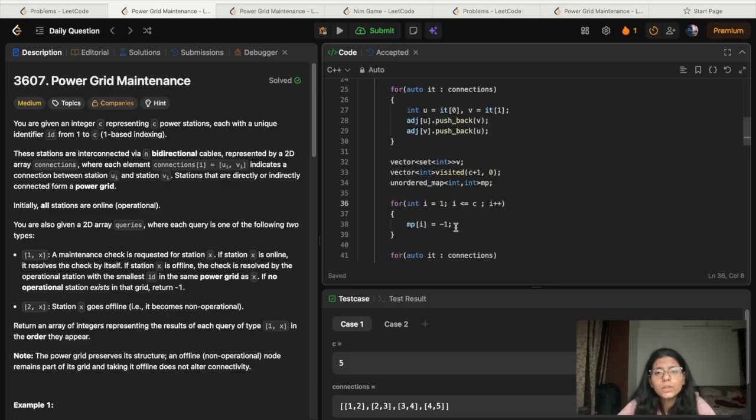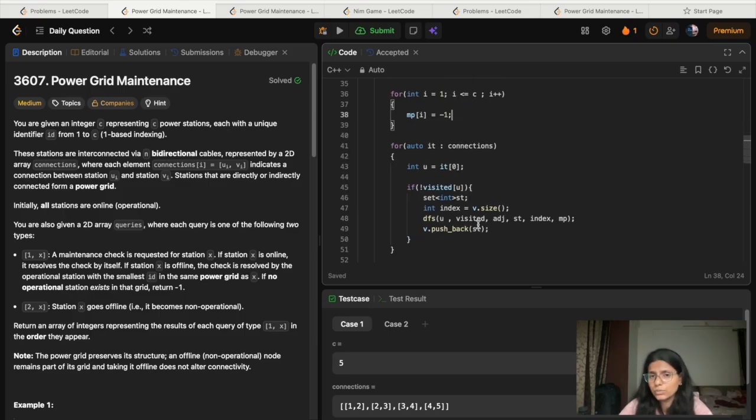First of all, I am mapping every node to -1, because I am saying I'm not connected to anyone, so I don't have any set. If I were connected to anyone, I would have a set of nodes. If I'm not connected to anyone, there is no one. So I am taking map of i equals -1.